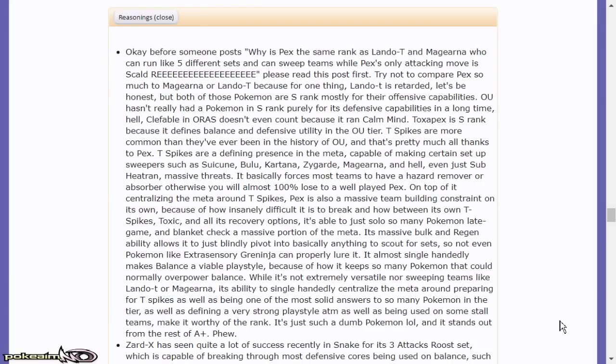It pretty much forces Defoggers to be run. The rise of Kartana is definitely due to Toxapex, being a Defogger that doesn't have to deal with T-Spikes, but also being able to deal with the Celesteela Toxapex core with SD Fightium. But the issue with that, and I've done this every single time,